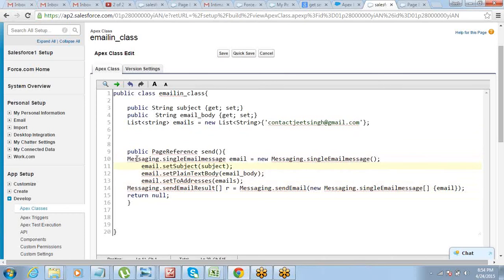But if you have two or three methods, it does not make a difference whether you define this one first or the other one. The same way, messaging, this one should come before the messaging result one, dot send email result. So things which are being used inside the page reference should have been defined prior to this. That's it. Otherwise, it does not make any difference.